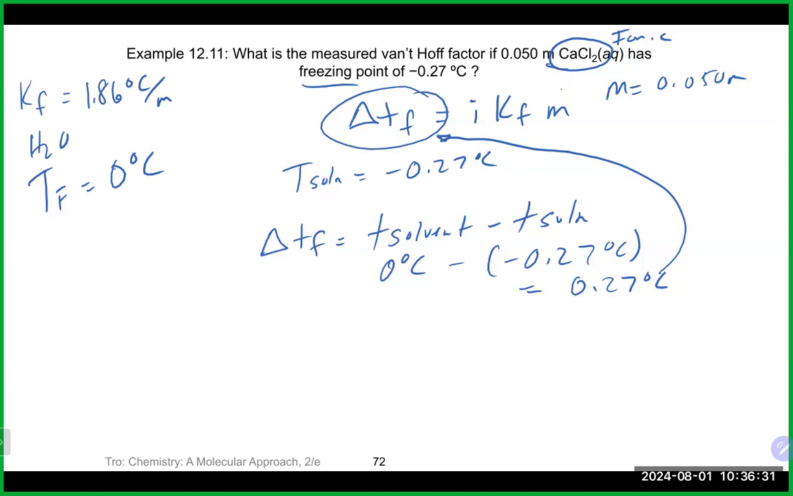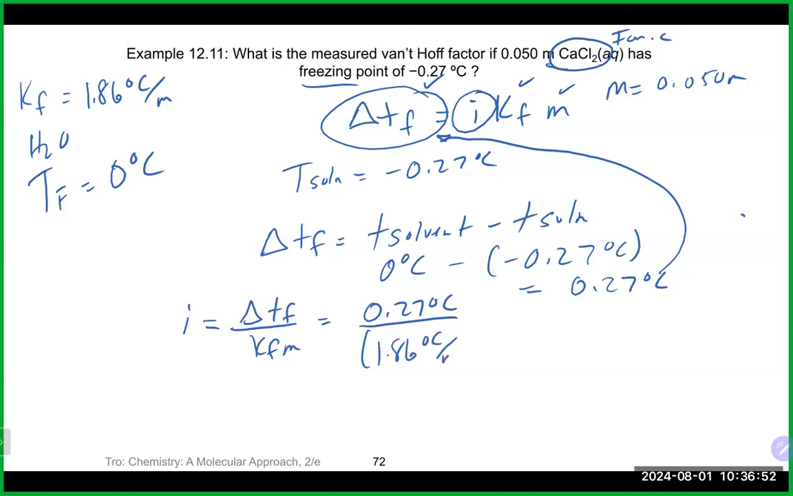So we have everything that we need here at this point, except for i. We will solve for i, which would be our change in freezing point temperature divided by Kf times m. Popping that in there, 0.27 degrees Celsius divided by 1.86 degrees Celsius per molal and our molality, which is 0.05. Degrees Celsius will cancel, molality will cancel, and just give us a number, which is what i is. In this case, we're looking at about 2.9 as the measured value of